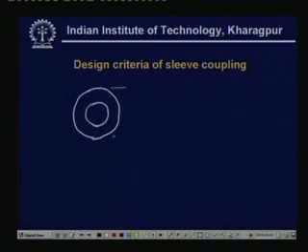Now, this is the outer diameter D, and this is the inner diameter, that of the sleeve, and this is the inner diameter, that is that of the shaft, small d. Now, this is the slip. Whenever there is interference fit or shrink fit, there will be pressure developed. Then because of this internal pressure, there will be stresses developed,